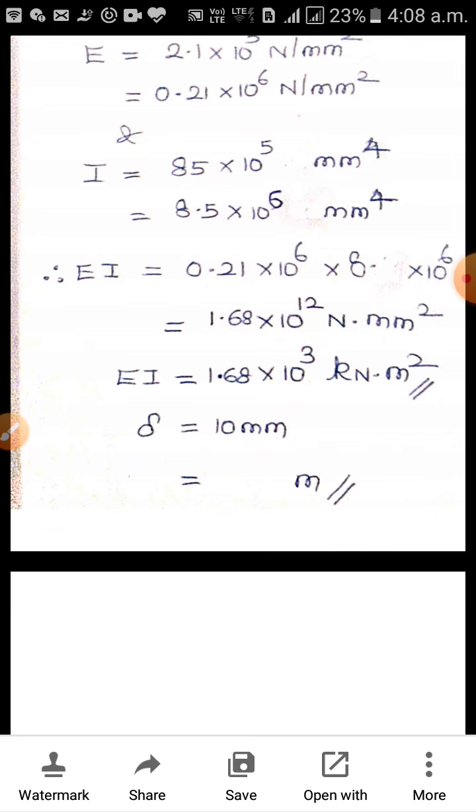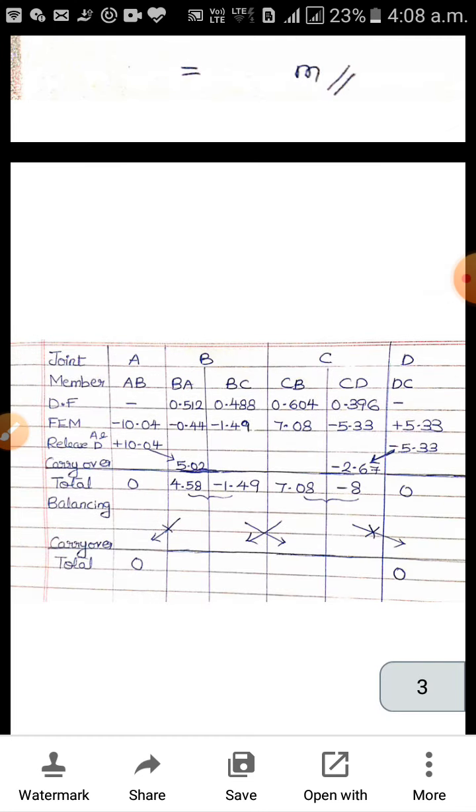So do all the steps. Step number 1, fixed end moments. Step number 2, distribution factor. Do everything. Try on your own. Call me if you have any doubts, or WhatsApp me, I'll call you from a place where I get tower. And this table I have given to facilitate, mainly so you have the answers for distribution factor.